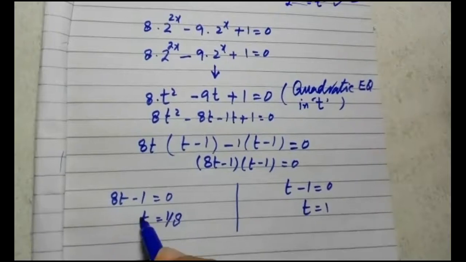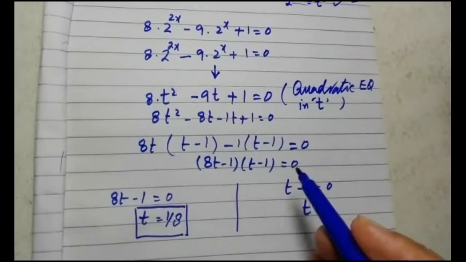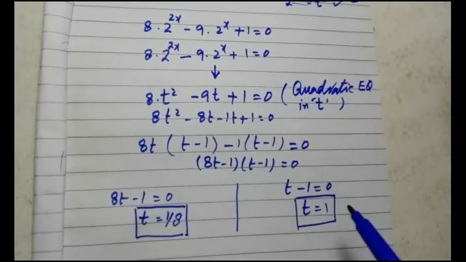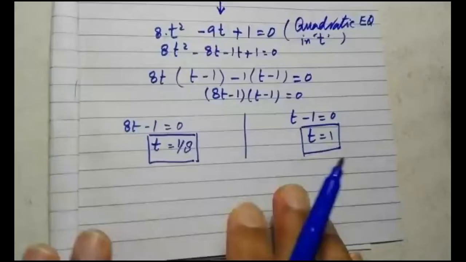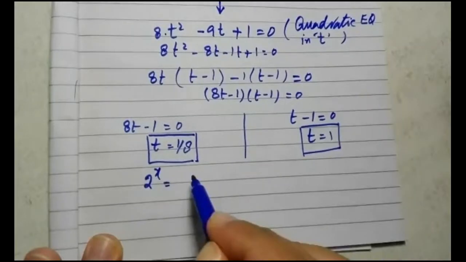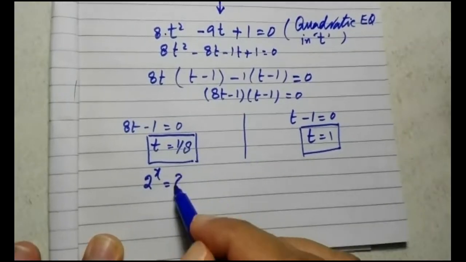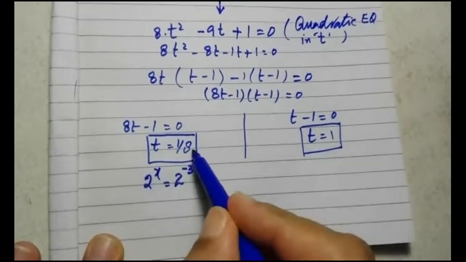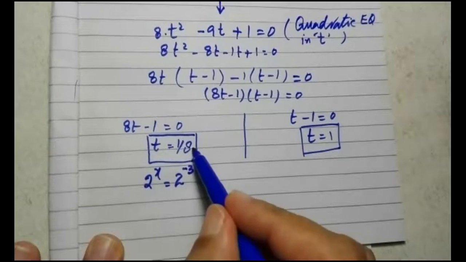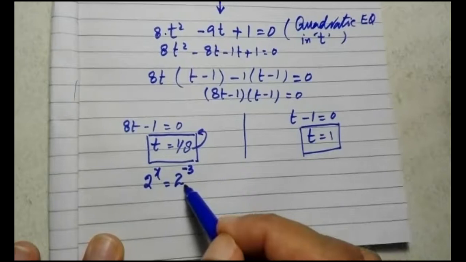Now you have gotten the values of t, but you should remember that in the question we were provided an exponential equation which was in terms of x. So you have to find the value of x. For that, substitute 2 raised to power x equals 1 by 8. If you shift 8 into the numerator and make it a power of base 2, you can write 8 as 2 raised to power 3. I have shifted this 8 from denominator to numerator in the next step, so it will become 2 raised to power minus 3.